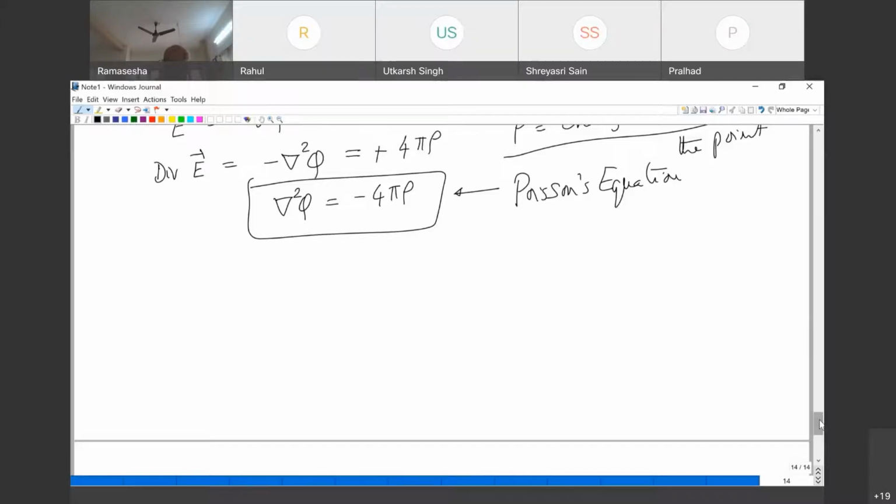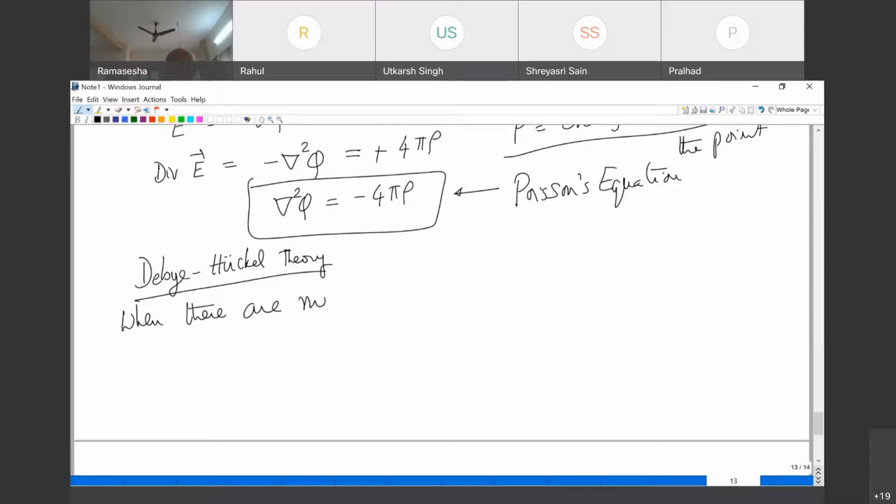Okay, so Poisson's equation. Have you done the Debye theory of electrolytes? When you do that theory, you would have looked at the Poisson equation, for calculating the potential. Then you will also get the screening length. And then when there is no net charge, del squared phi is equal to 0. This is called the Laplace equation.